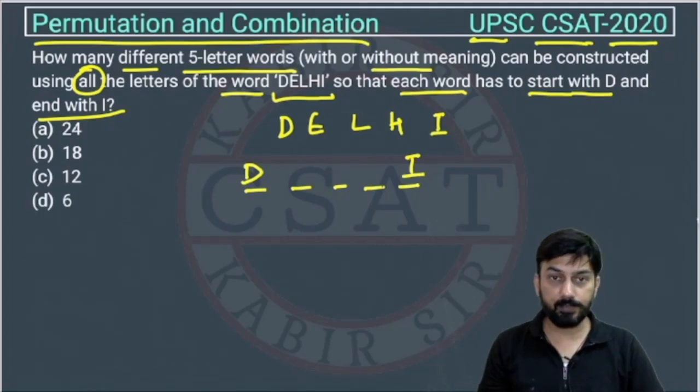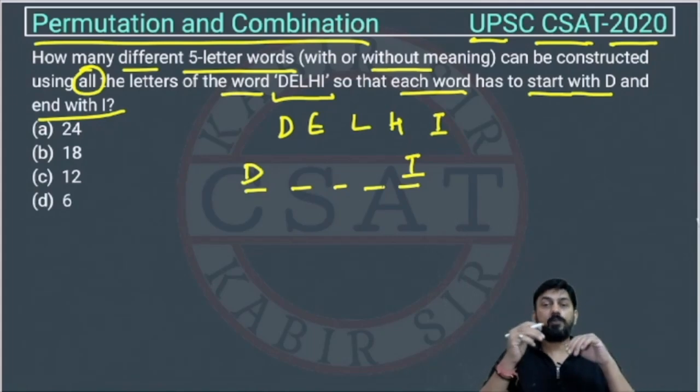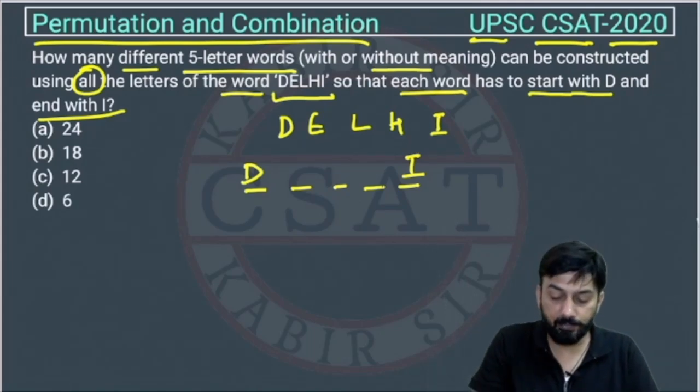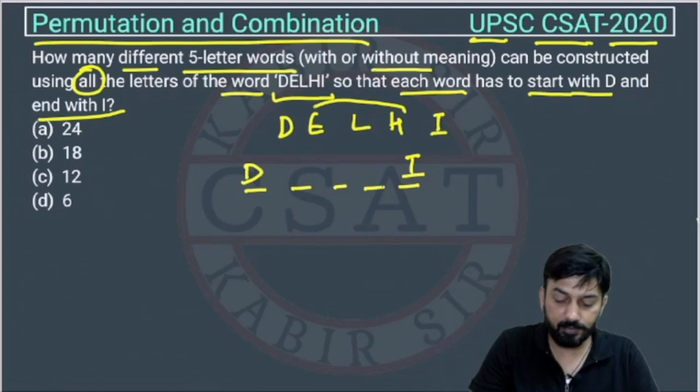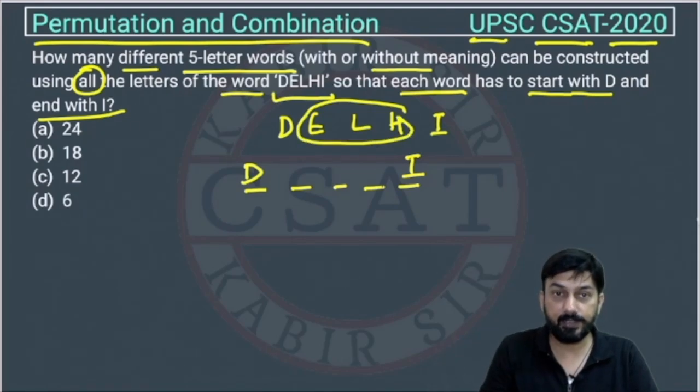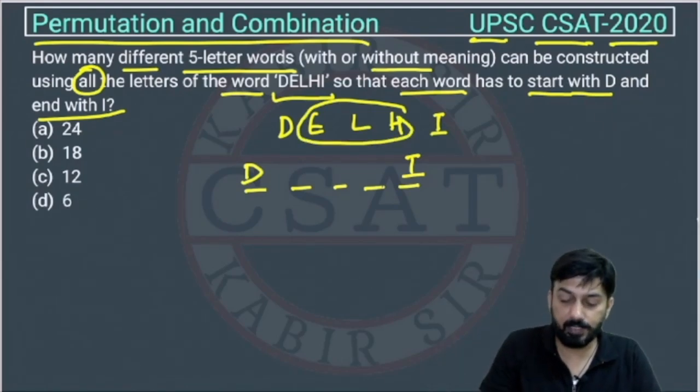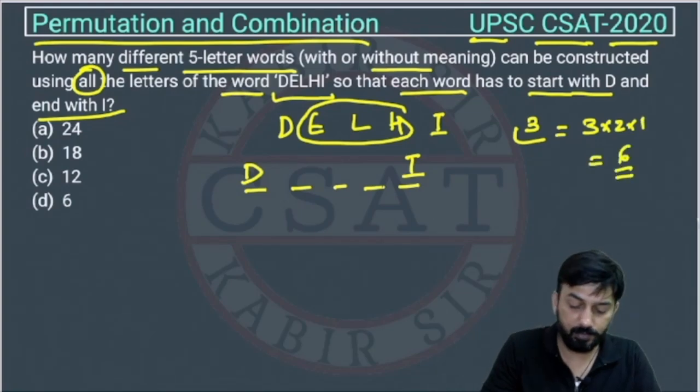Now we are having 3 places. And how many letters are we having? 2 letters we have already used, right? So we are remaining with 3 letters, right? So these 3 letters are remaining. So these 3 letters can be arranged in how many ways? So these can be arranged in factorial 3 ways. So this will be 3 into 2 into 1. So this will be 6. So the answer is option D,